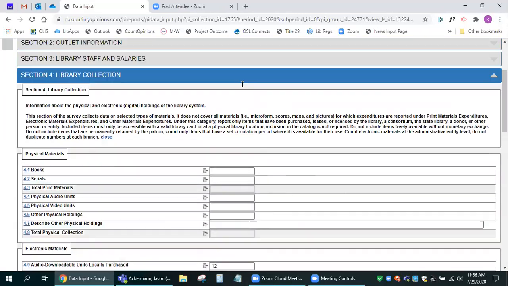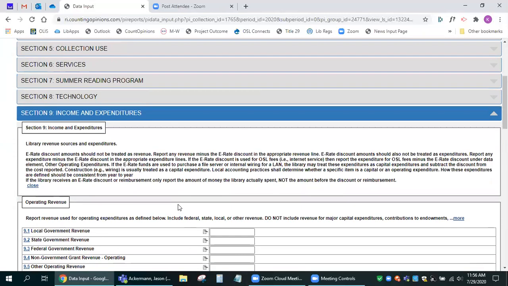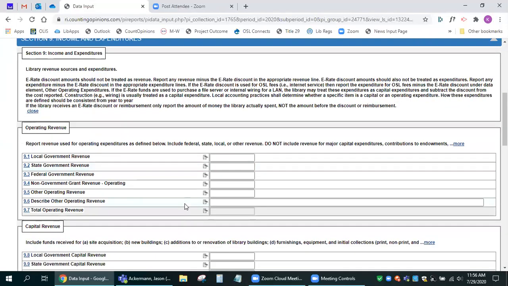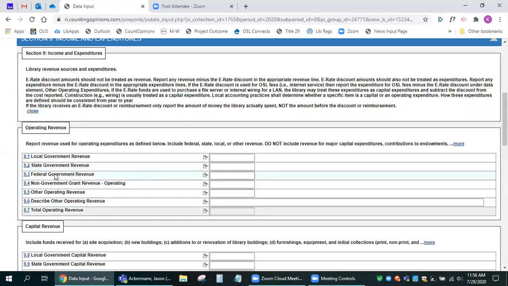All right. So I'm going to close this. One place where notes are really not even just helpful, but really necessary for us to make sure that we are verifying the information correctly is in Section 9, the income and expenditures. So for 9.2, the state government revenue, there may be times where you, in addition to the state grant that you receive from OLIS, also receive, say, a legislative grant.